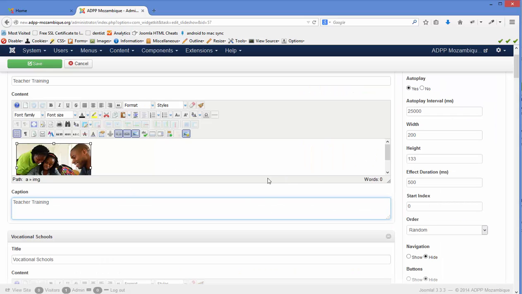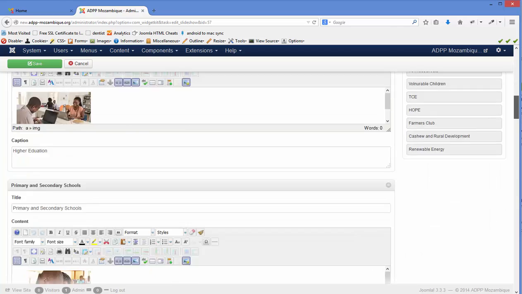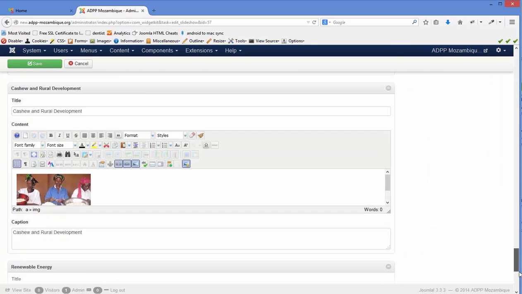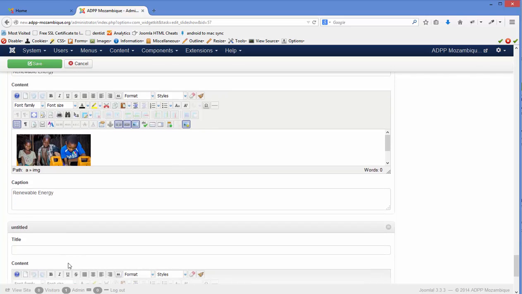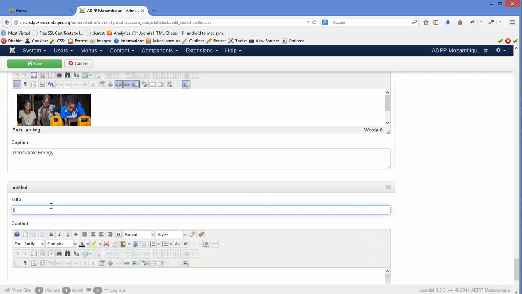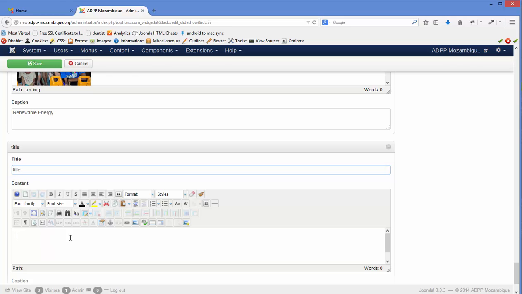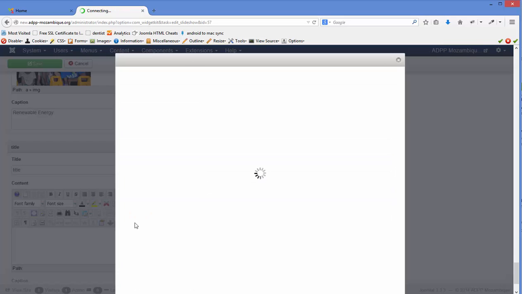So in this way you can delete the pictures, you can change them, you can link them to different albums, and if you go all the way to the bottom, you can even add a new item, and a new box will appear under here, and you give it the title, you insert a picture,